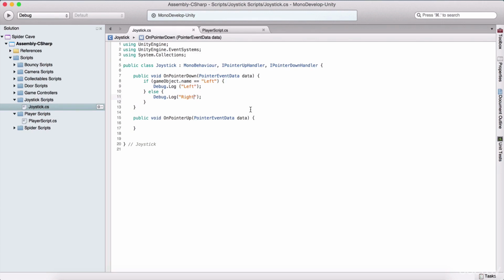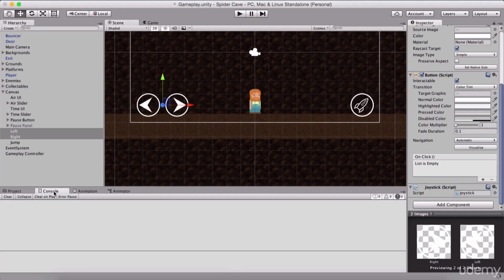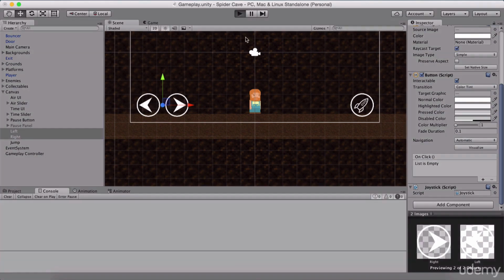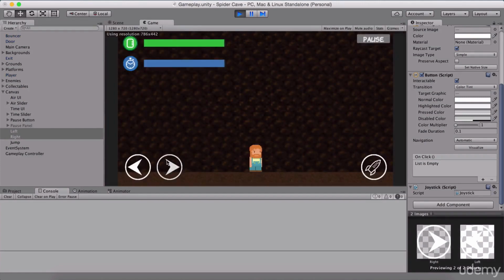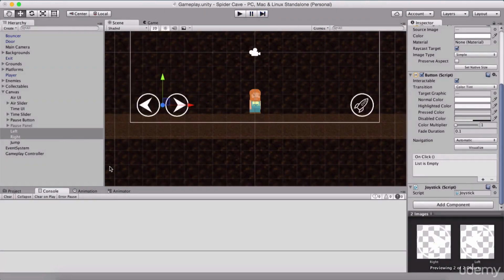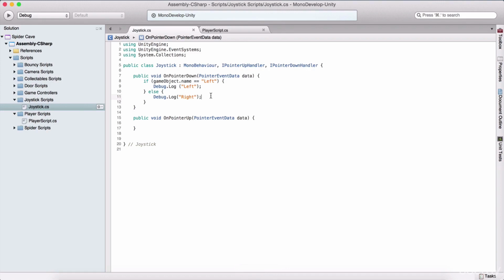And let us test this out just to see how it works. So now the script is attached to both of our buttons, and if I run the game, if I touch here, we are going to see right. If I touch here, we are going to see left. So again, left, and right, so on and so forth. And we can go back now, and we can leverage this in order to make our player move left and